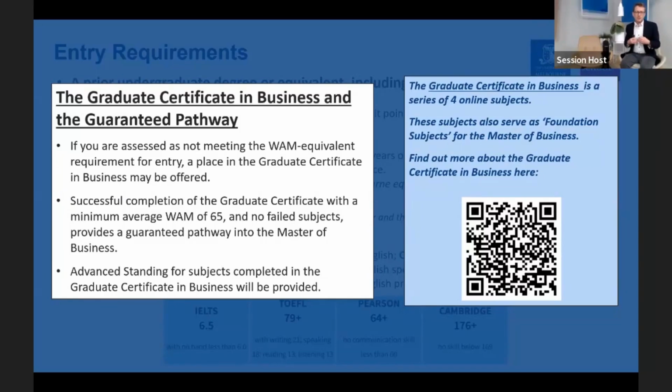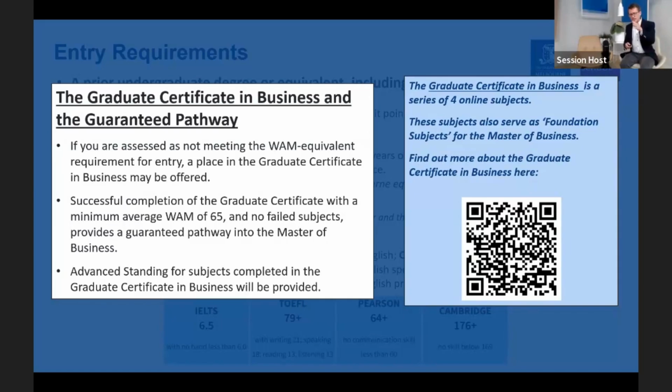And if you successfully complete that program with a minimum average WAM of 65 and you don't fail any of those subjects, then you'll have a guaranteed pathway into the Master of Business, and you'll get advanced standing for subjects completed in the graduate certificate in business. I want to show you something really quickly,